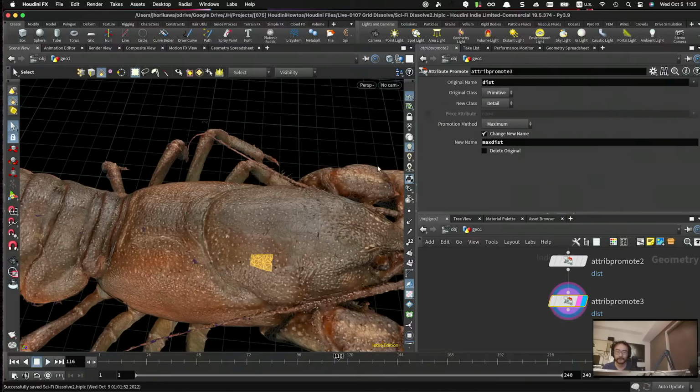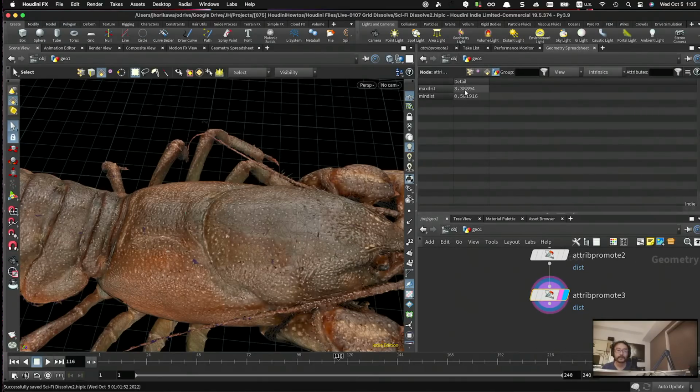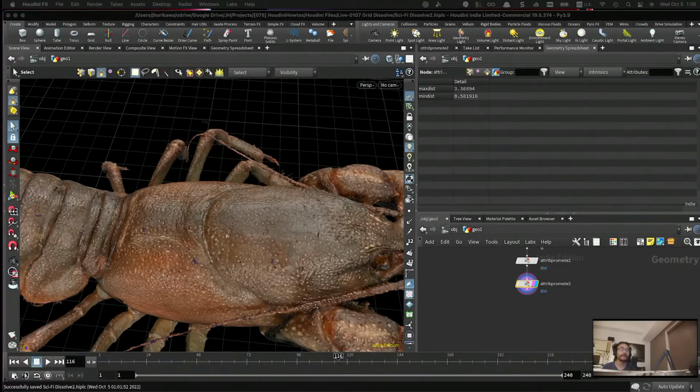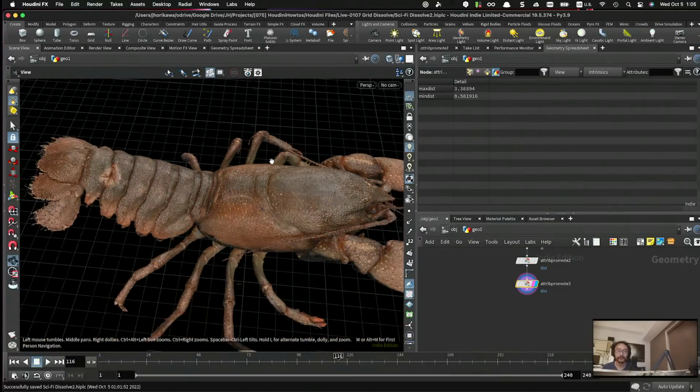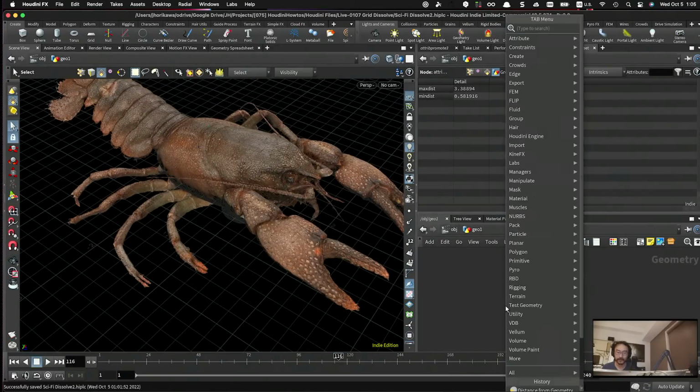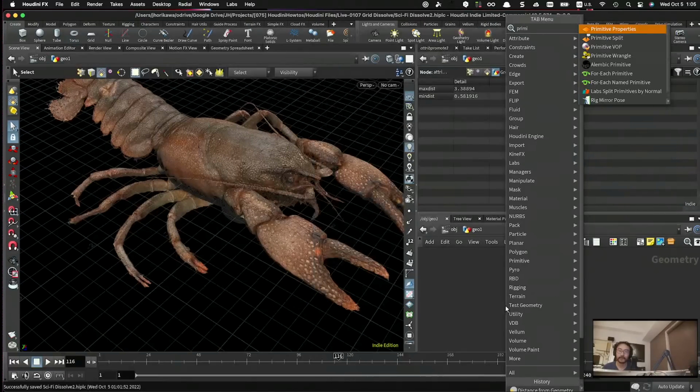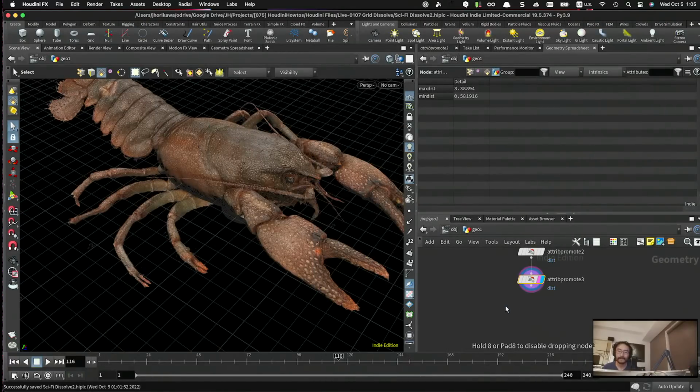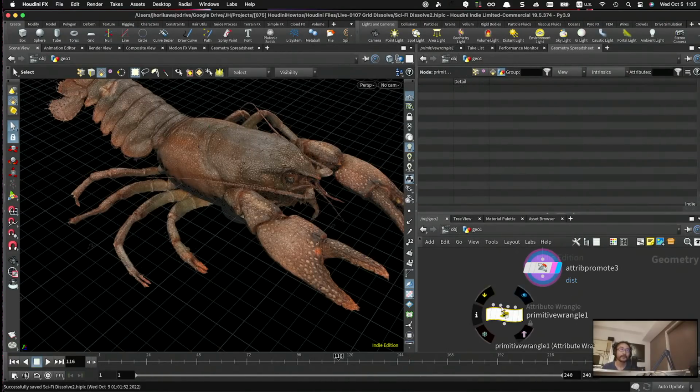Alright, I hope you get that. Now I have minimum distance and maximum distance. Now what I would like to do is, I think I have all the necessary information for the dissolve effect to create the animation, so let's try using this at this point. I'm gonna use again a primitive wrangle,